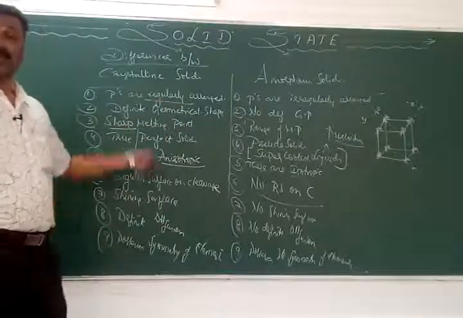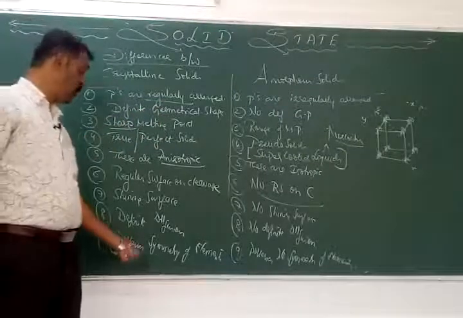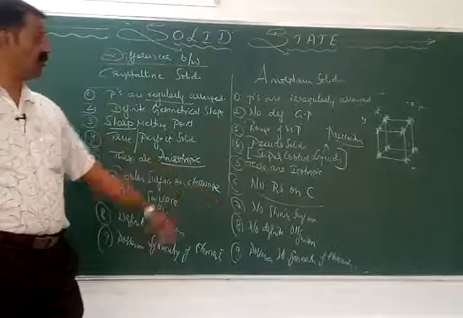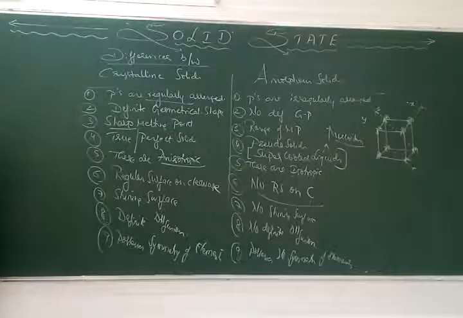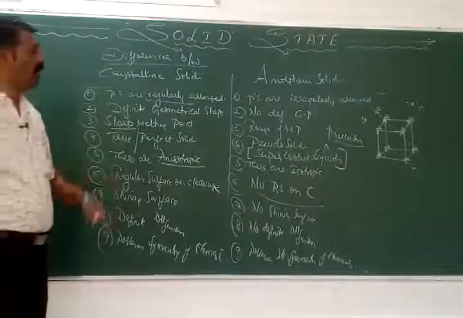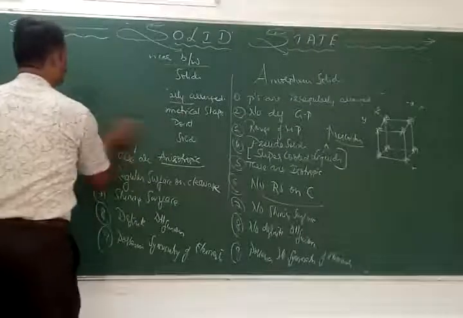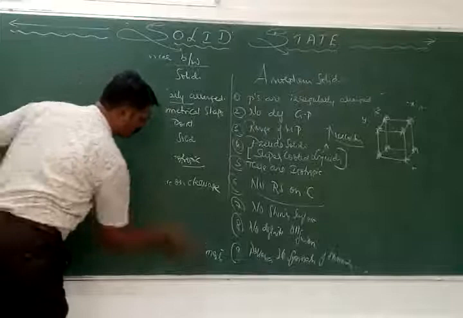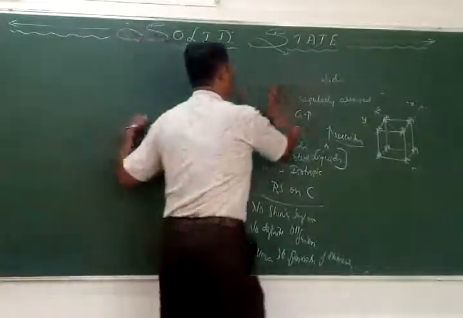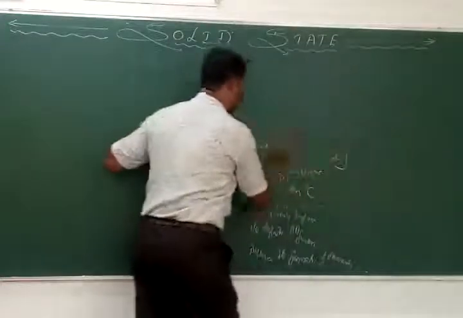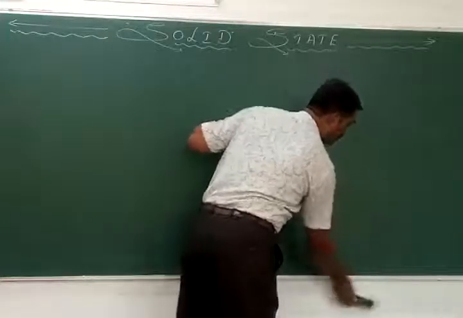And finally, due to the regular arrangement, if I observe the arrangement of the elements, they possess symmetry, but there is no symmetry in the arrangement in amorphous solids. Okay. So this is about the distinction, or the differences, between the amorphous solids and the crystalline solids. As far as the syllabus is concerned, we are concentrating only on the regular solids, or the perfect solids. Which are the perfect solids here? They are the crystalline solids.